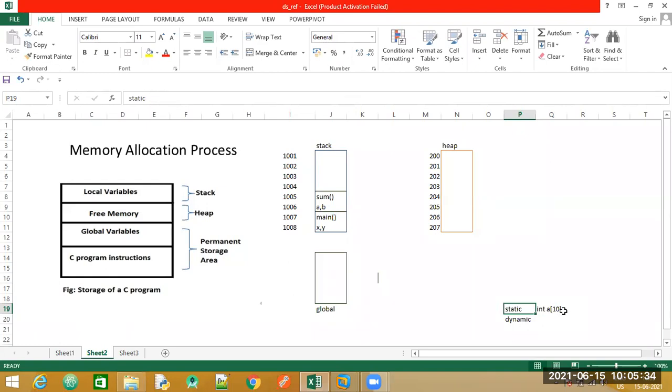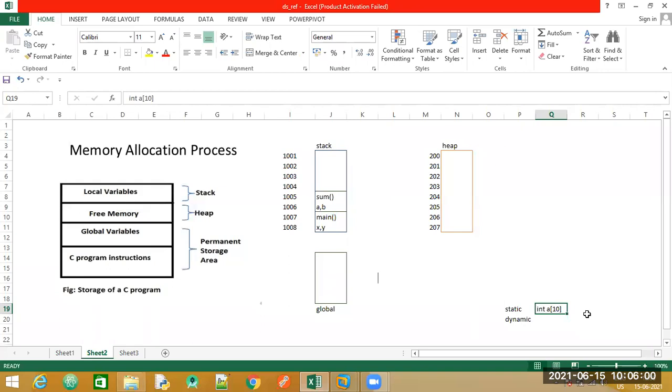For an array of size 10, the computer is going to allocate around 20 blocks. It is an integer array, so 2 bytes each. 2 into 10 makes 20 bytes of memory allocated to this statement.